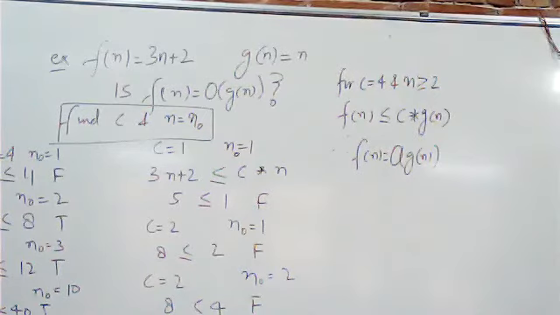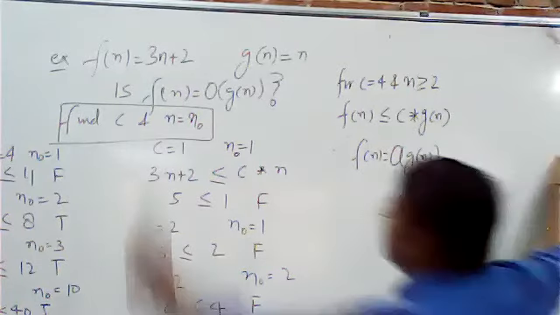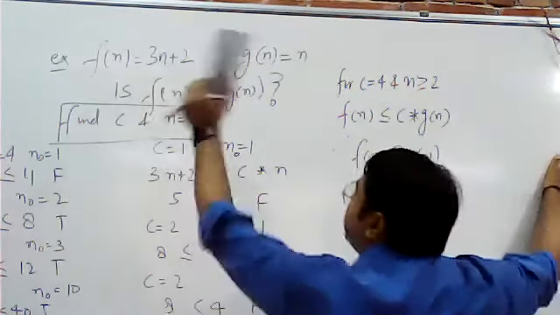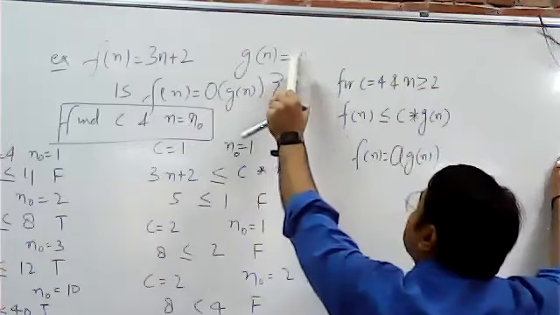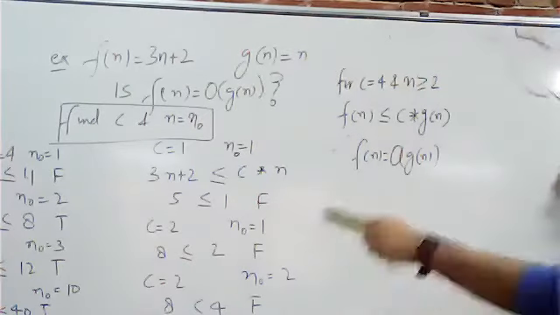Yes, sir. So see, it only depends upon practice. The more numericals you practice, the better you will be able to guess a good constant. Like for example, if you see here, this is 3, and 3 is multiplying into n, so obviously we need a constant greater than 3. So 4 was there.